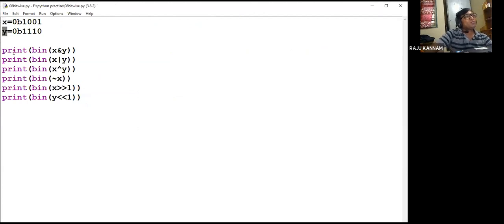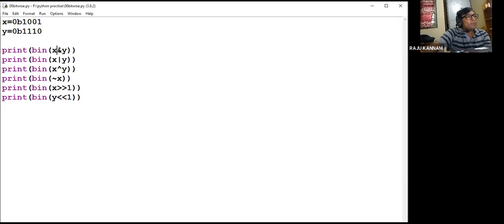Since we are working with bit operators, I'm representing the numbers as binary values: 1001 for x, and 1110 for y.